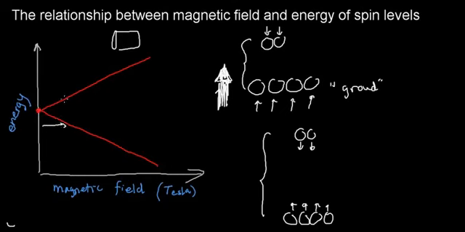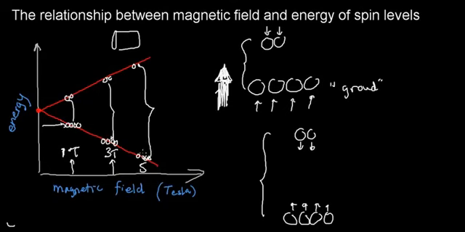But the further I go along the axis, the more energy difference I'm going to have between these two spin states. Let's just say this is 1 Tesla, and this would be 3 Tesla. Now the energy difference between the two spin states is going to be greater. This is more energy. And if I apply 5 Tesla, you can already imagine, I added one more, this would be 4, the energy difference is considerably bigger. And what we should prepare for is a principal understanding